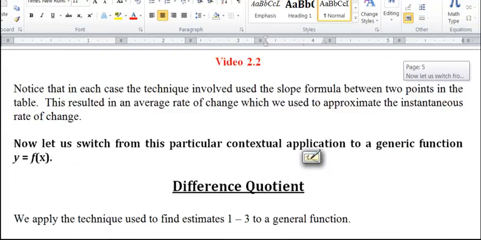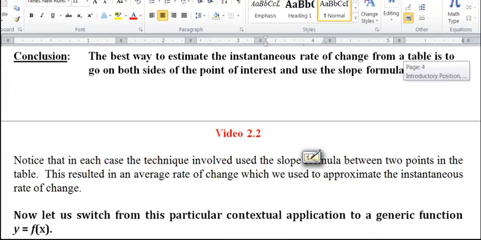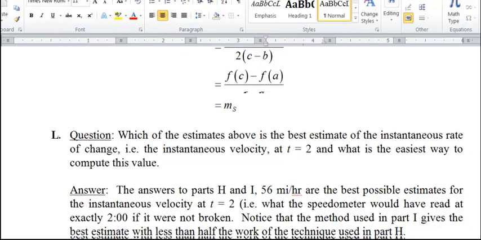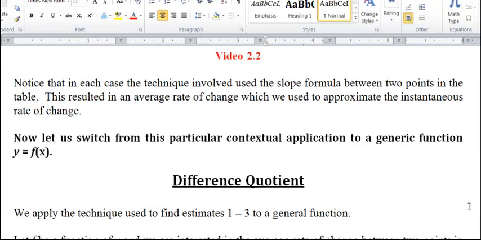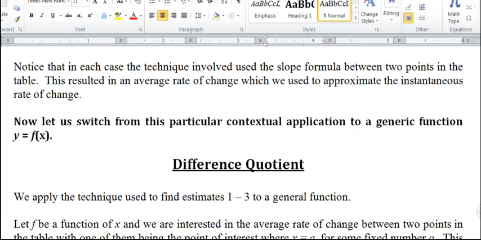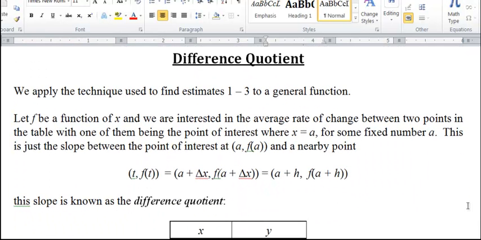So what we want to do is take that basic idea and apply it to a general function, not necessarily in this particular context. So let's switch to a general function, and we're going to use the same basic technique we did to find the estimates we just talked about, estimates 1 through 3, but do this for a general function. So now we're going to let f be a function of x, and we're interested in the average rate of change between 2 points in the table or on the graph, with one of them being a point of interest where x equals a for some fixed number a, and the other one is going to be a nearby point